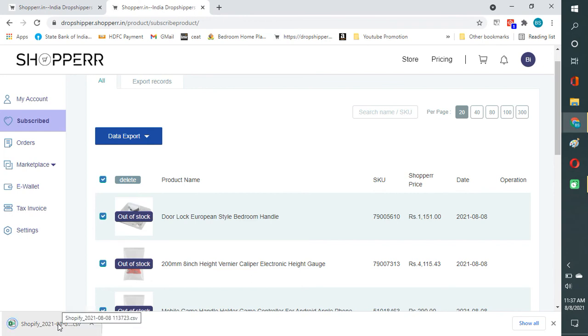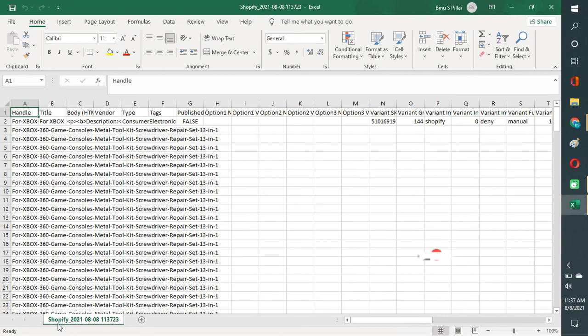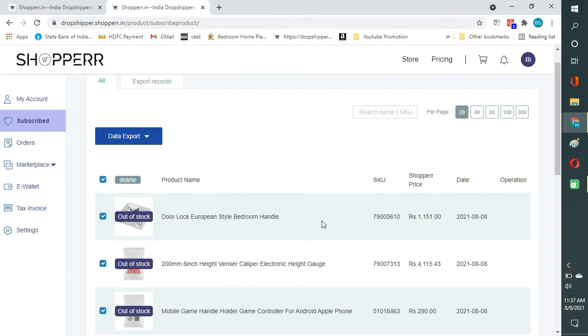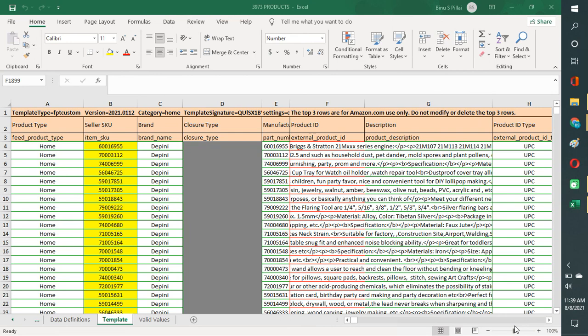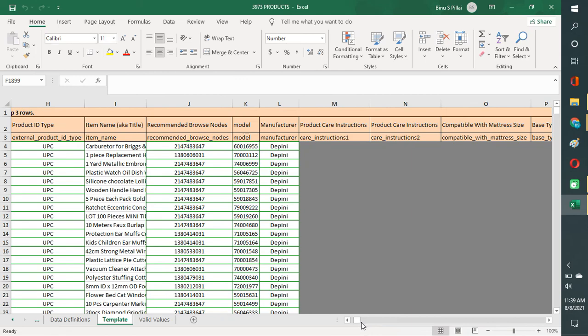And one more thing, other than getting it directly from the site, once you register with this shopper, they will send you a set of Excel sheets which are already tailor made, and you only need to put your manufacturing name, whatever name you choose, and UPC, and you can directly upload it. This is such a type of Excel sheet I got, having more than 3000 products in it. You can just upload it directly, adding your UPC and your product name.